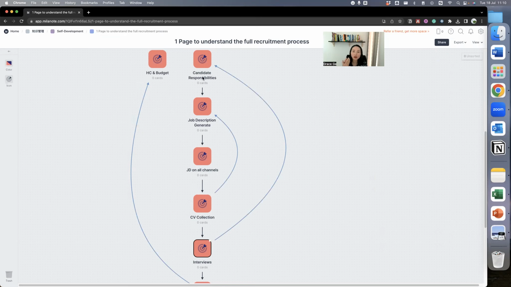So you would not just understand the responsibility from the job description anymore. The information you can get is much further than just what the HR wrote on paper or on the website. So step two is to further clarify what the real responsibility for this role is.